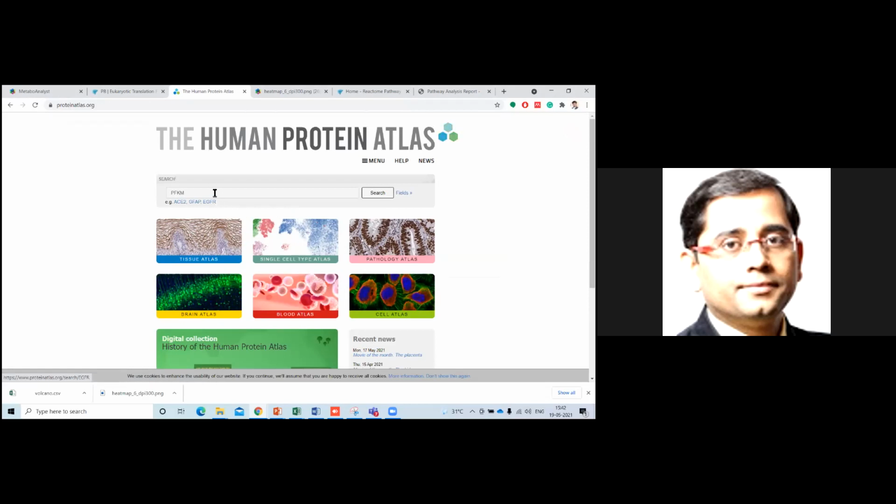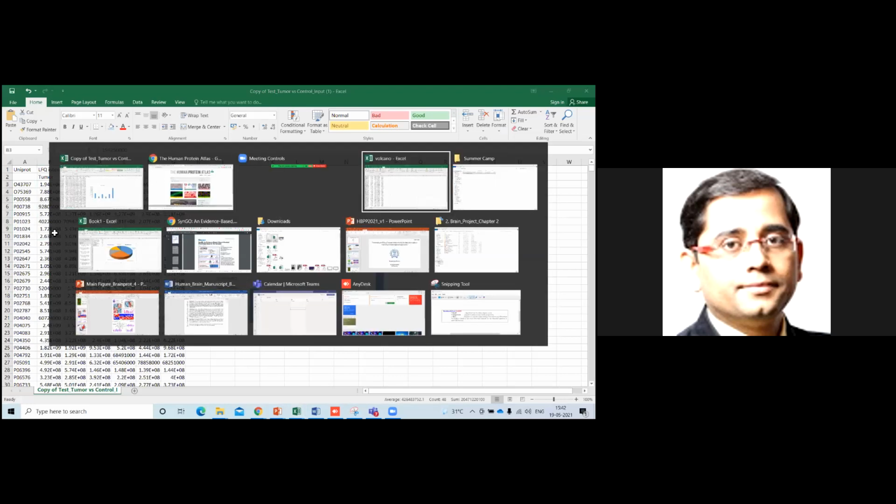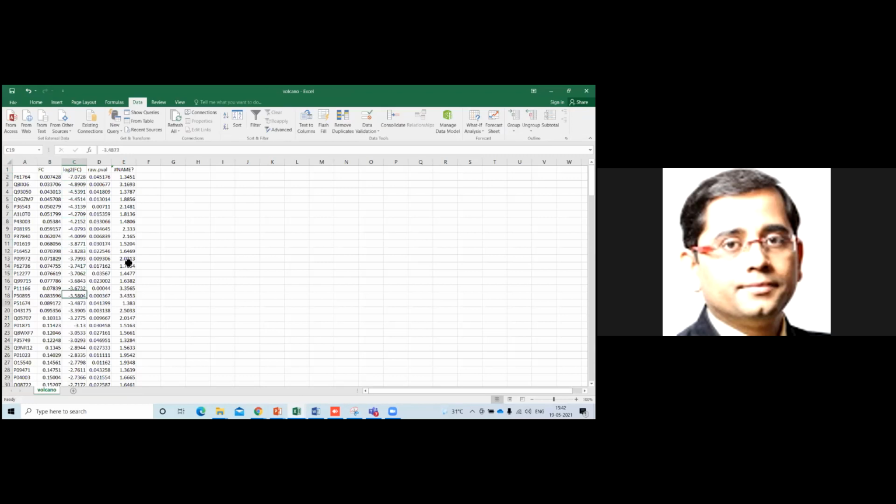So that means for one particular protein, for example, any protein, even the proteins you have got now in the tumor versus control, you can take that particular protein and you can see over here in which tissue that particular protein is present; it gives the information through the tissue atlas. Which tissue, so let us take a protein from our data only. The one which is having the maximum upregulation fold change, we can take this one.